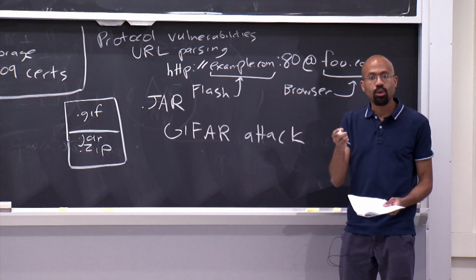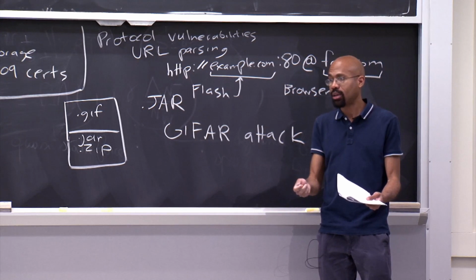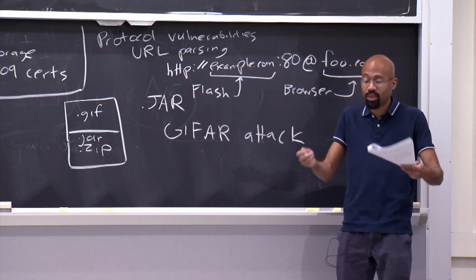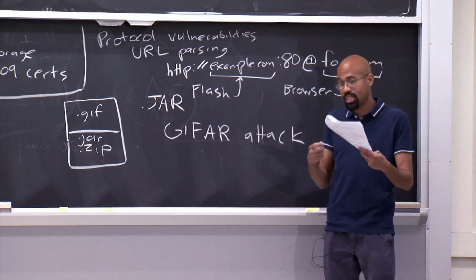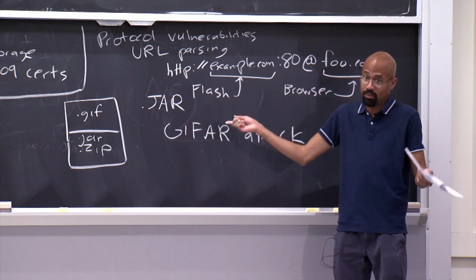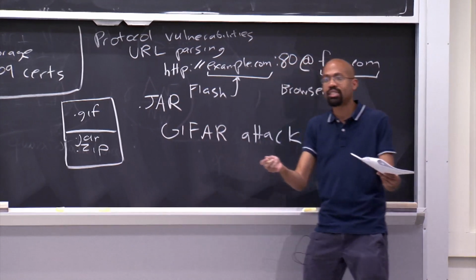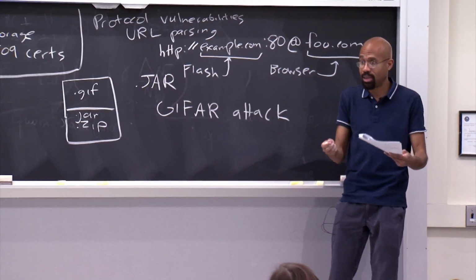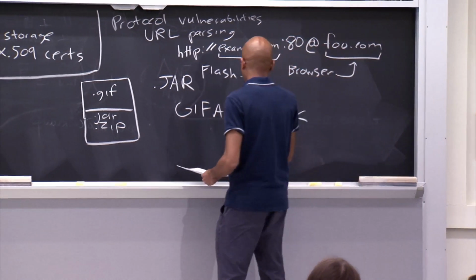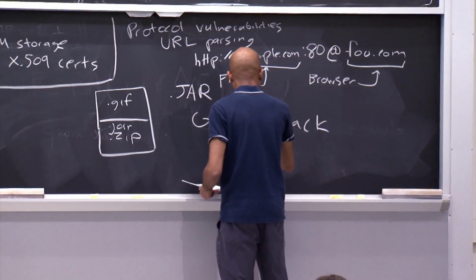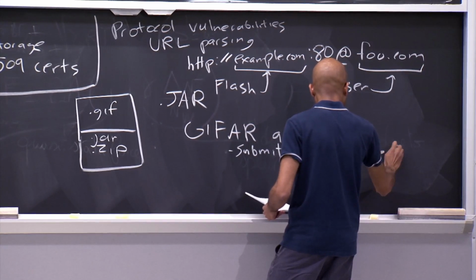So once you have that, what can you do? Well, there are some sensitive sites that will allow users to submit data, but not arbitrary types of data. For example, a Flickr or something like that. It may not allow you to submit arbitrary ActiveX or arbitrary HTML, but it will allow you to submit images. So what you could do is construct one of these things and submit it to one of these sensitive sites that does allow you to submit images.